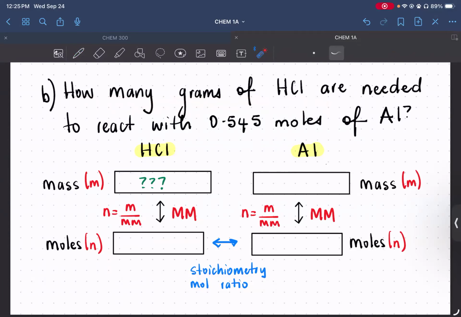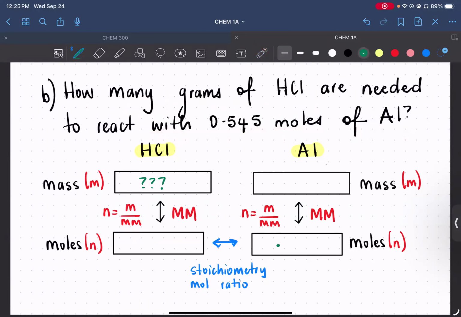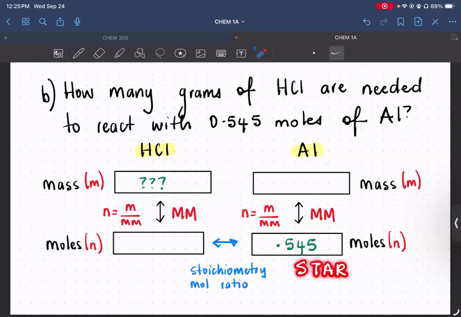We're told that we're dealing with 0.545 moles of aluminum. So we write that number in the appropriate box. The path ahead should be clear. We're going to start from the 0.545, use mole ratio to get moles, then use the molar mass to get